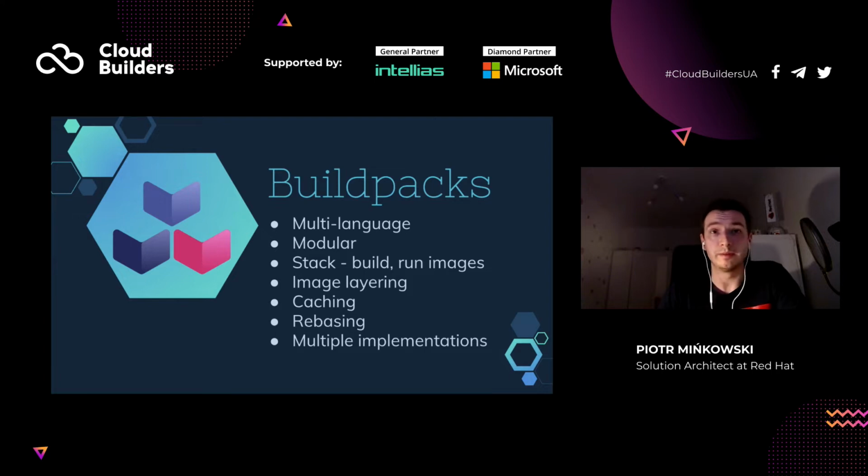There are multiple implementations of Cloud Native Buildpacks available. For example, Spring Boot by default uses Paketo. You can also use the Google Cloud and Heroku implementations, for example. And also multiple tools work with Cloud Native Buildpacks. One of them is, for example, Pack. It's a tool maintained by the Cloud Native Buildpacks project, and it allows you to perform a build using Cloud Native Buildpacks. It's a CLI tool or a